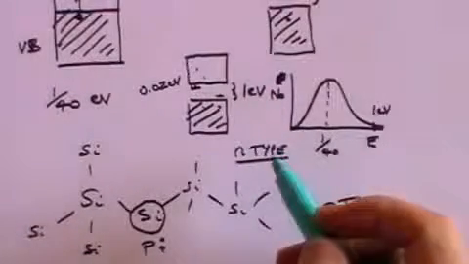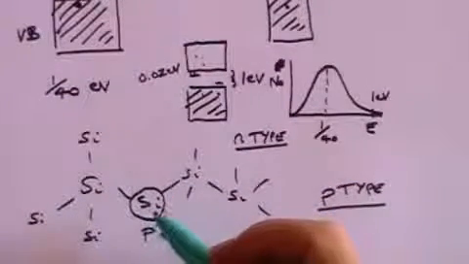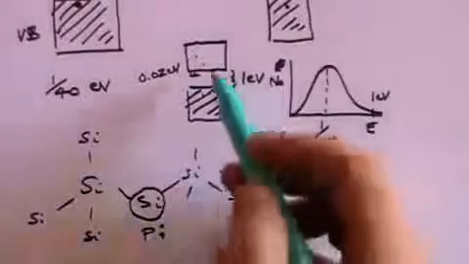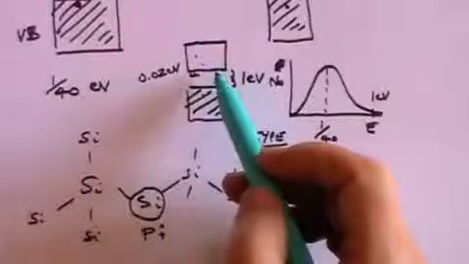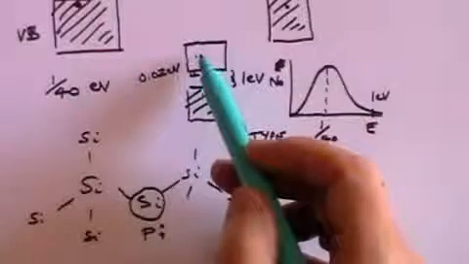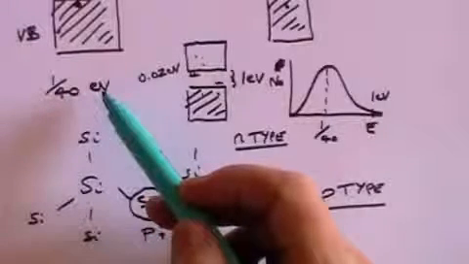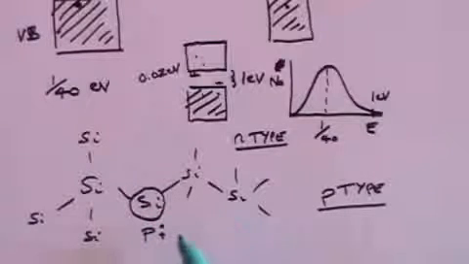So, an n-type semiconductor is one in which one silicon atom per million is replaced by phosphorus. That means there are extra electrons. Those electrons sit just below the conducting band and can easily be promoted into the conducting band by room temperature energy from infrared photons. Or you can replace the silicon by boron, in which case you will effectively have a